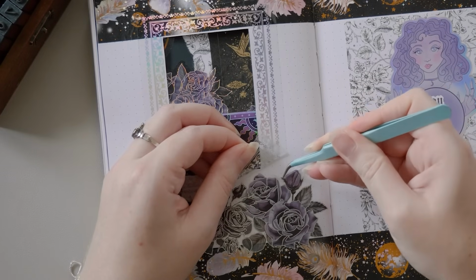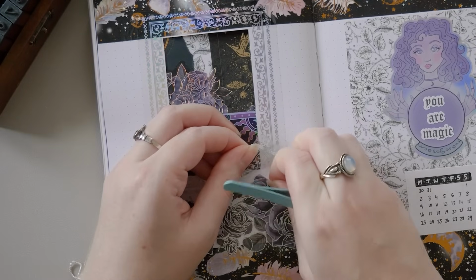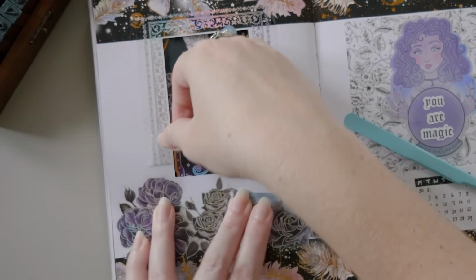Oh, maybe we can. Please don't rip the page. Please don't rip the page. Please don't. Oh, it ripped the page. Okay, let's